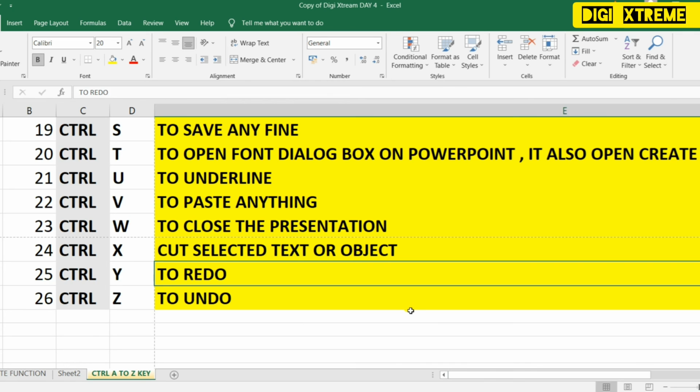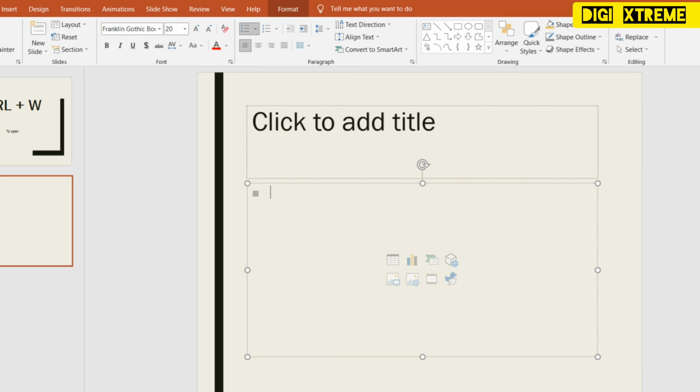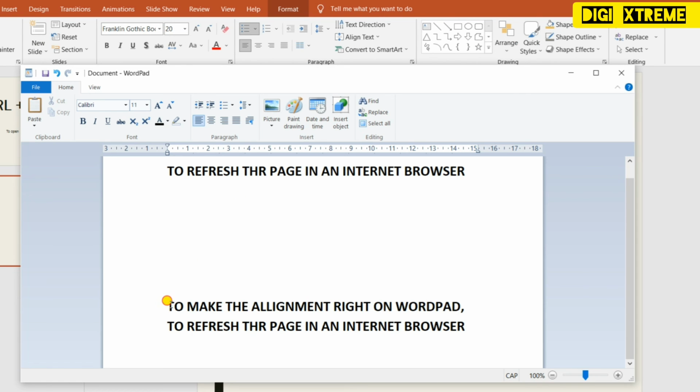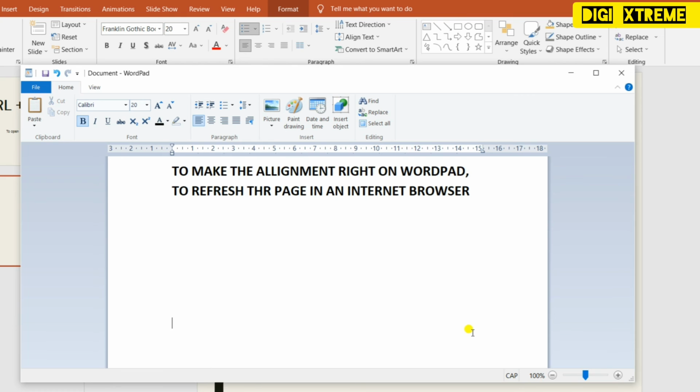Now Control Y. Before Control Y, I would like to cover Control Z. Let's see what Control Z is used for. It is used to undo. Like I have written something, and I can delete this, cut this, and now I want to see it again.